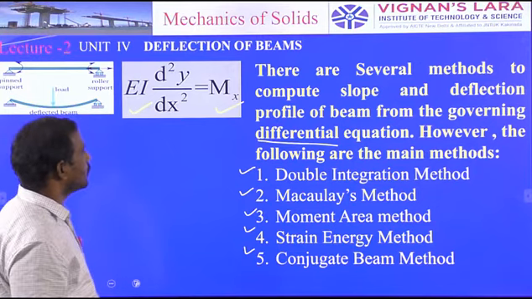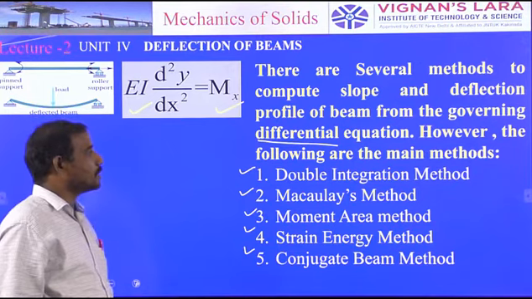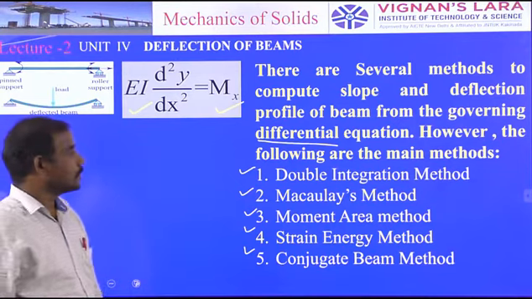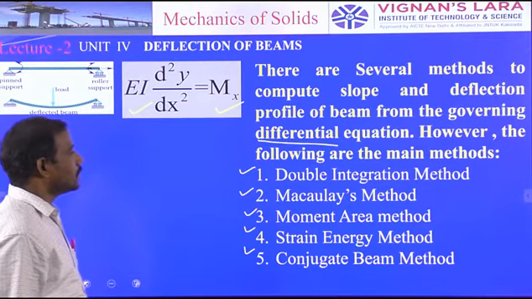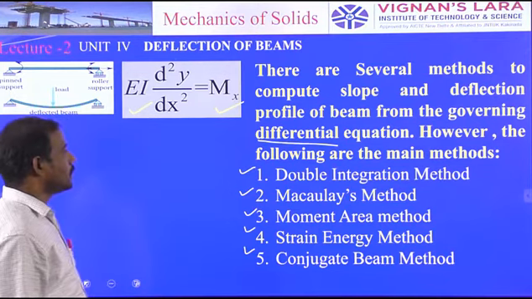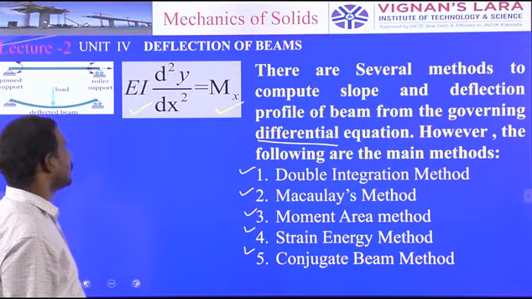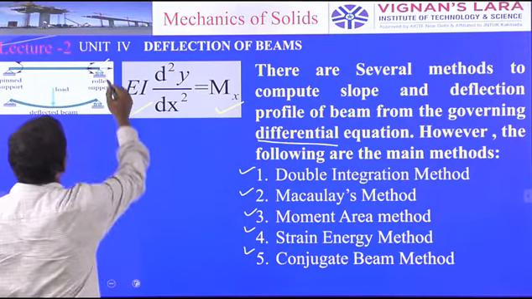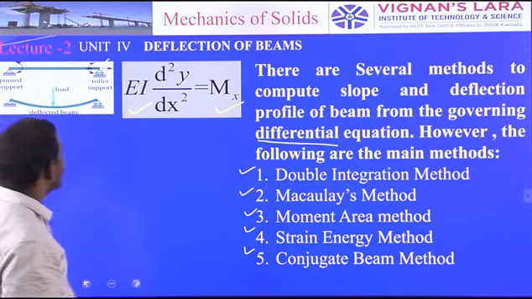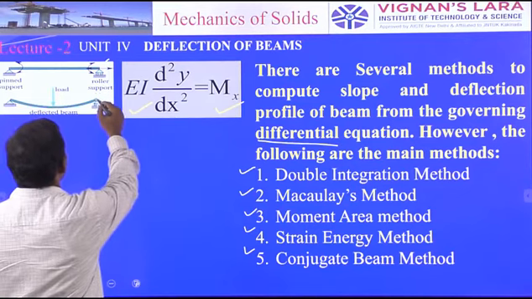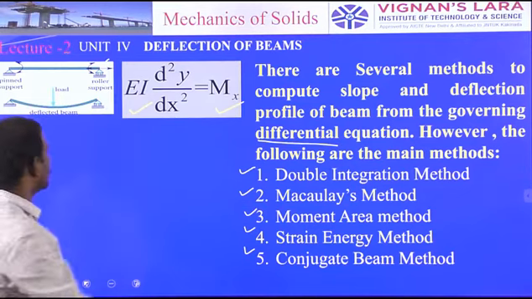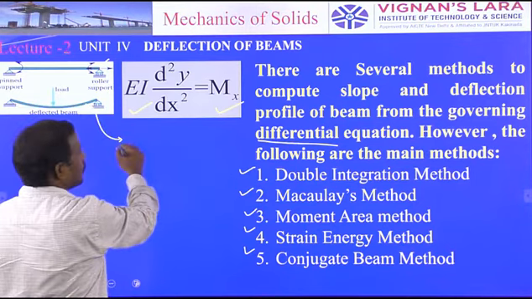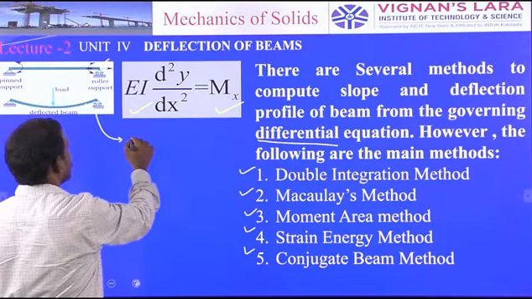While determining the slope and deflection for a particular case by using the double integration method, we have to calculate the constants of integration. For that, we should follow a certain procedure. Again, let us see the initial position of the beam. Say this is the beam before applying the load. Then this is the beam after applying the load, and this is called the deflected curve.